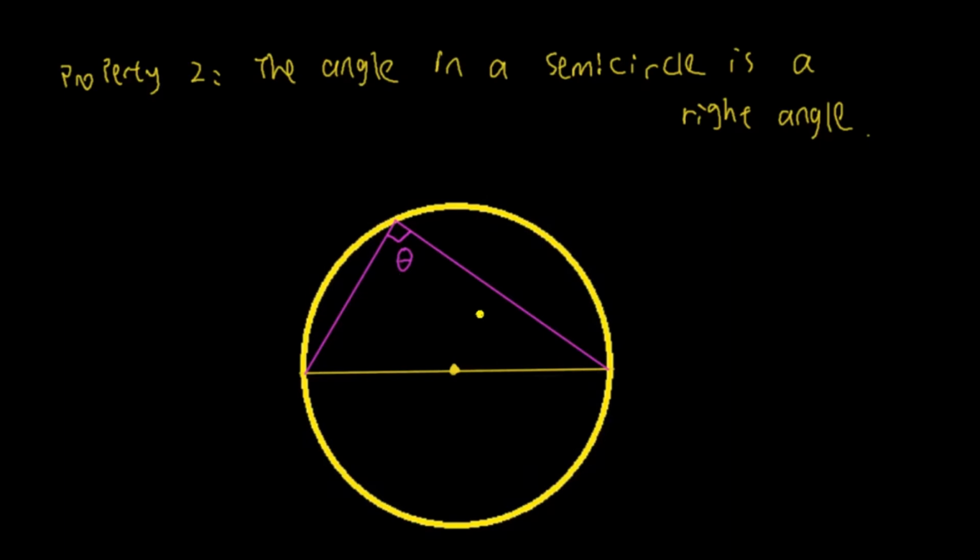So let's call this angle alpha. So what we're trying to do here is prove that, oh, this is angle theta. Okay, so sorry, that's angle theta. I should say angle theta. Okay, let's prove that theta is equal to 90 degrees. That's what we are trying to prove right here. Okay, so how do we do that?